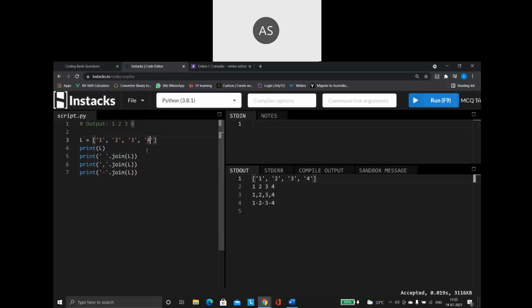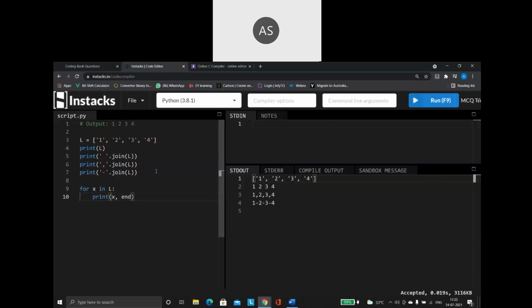Now have a look at this program. Same list. What I'm going to do is say for x in L, print x, comma, you are familiar with the end function, right?